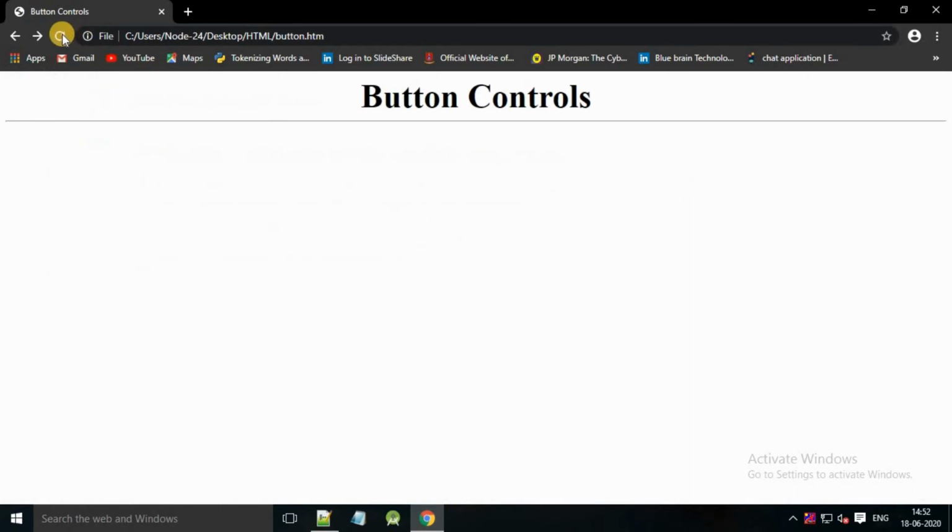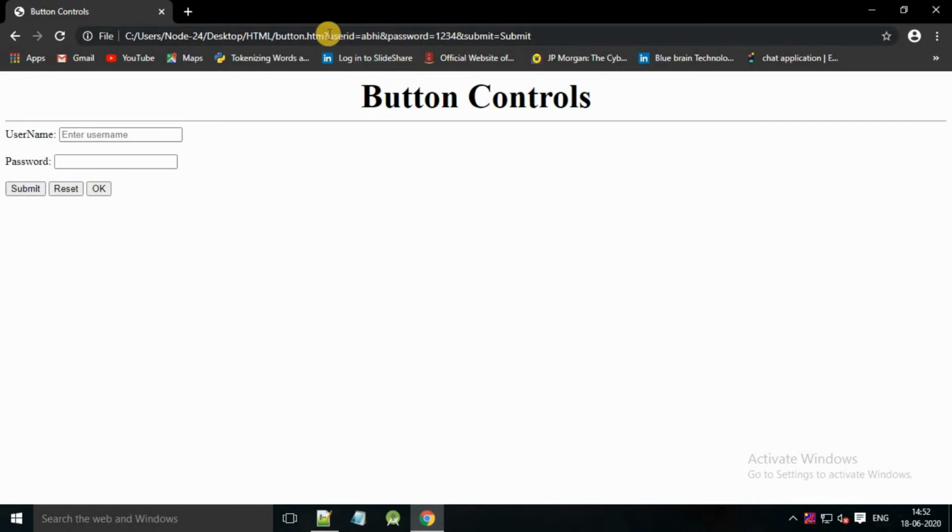Save file and run browser. So here I entered username Abhi and enter your password. Then click on the submit button. Then the records of username and password will be displayed in your URL: user ID is equal to Abhi and password is equal to 1234, on the click event of the submit button in your current page URL.